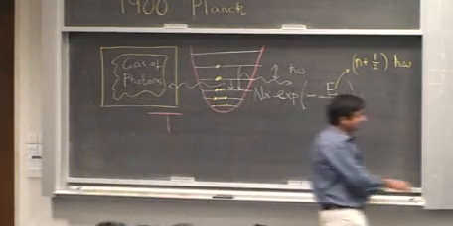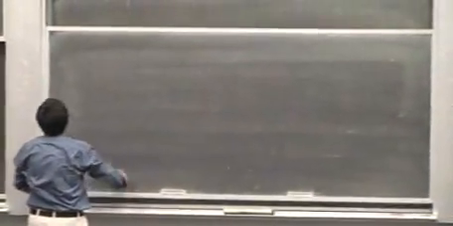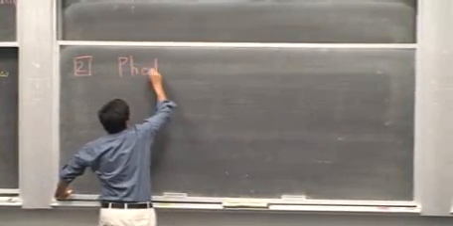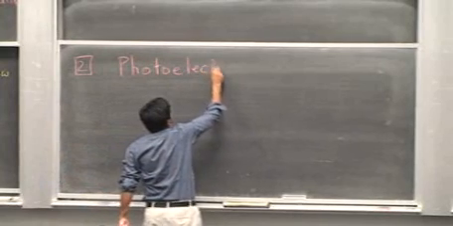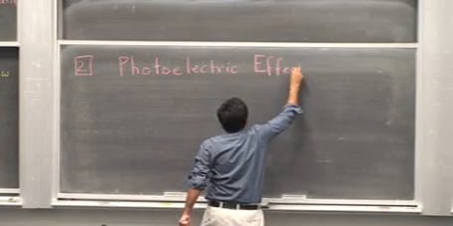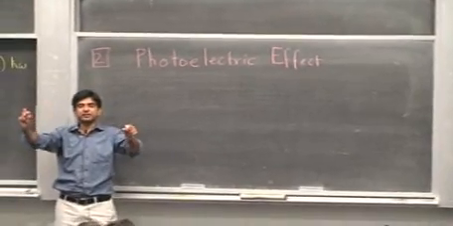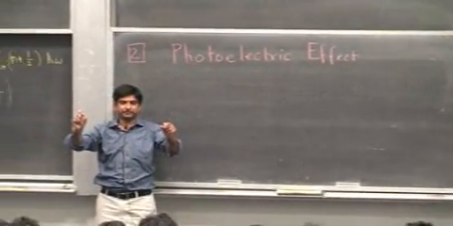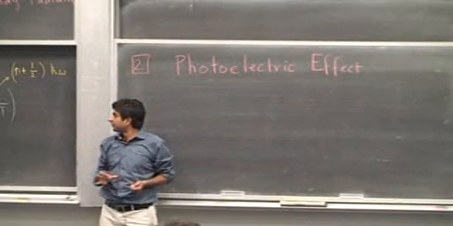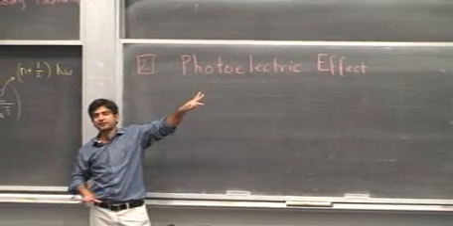The other major experiment which led to the consolidation of the idea of quantum mechanics was the photoelectric effect. So the black body radiation in fact told us that radiation comprises particles, and these particles have quantized energies, and they were called quanta by Planck. So this was one of the first ideas. The second idea was the photoelectric effect.